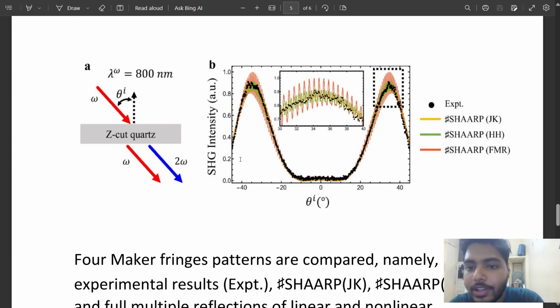Another is SARP JK, which means we consider the JK assumption and implemented it in SARP, and we also considered the HH assumption and implemented it in SARP. Another is SARP FMR, which means we implemented the full multiple reflections in SARP. And one more thing I forgot to tell, that SARP is capable of